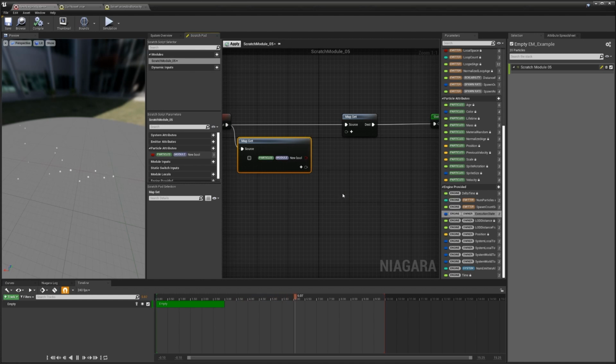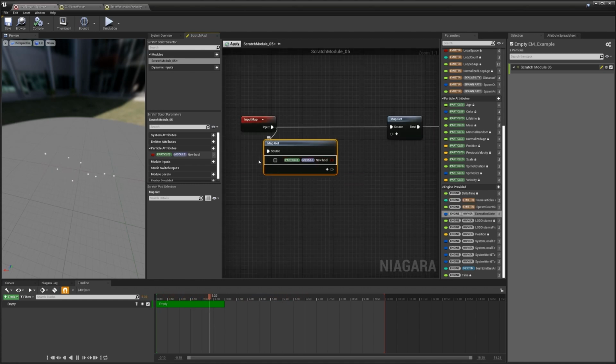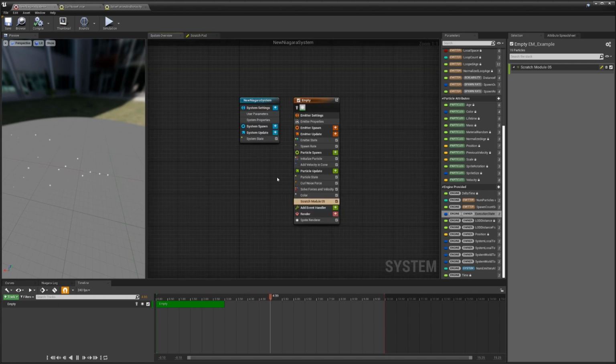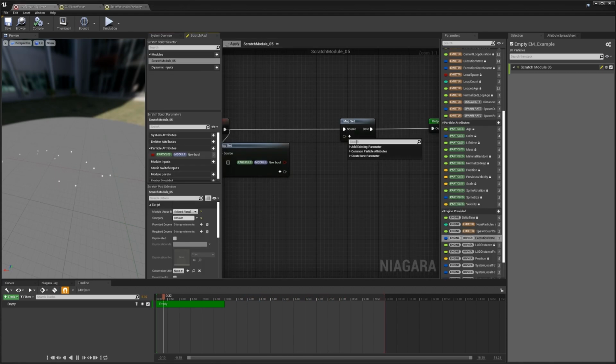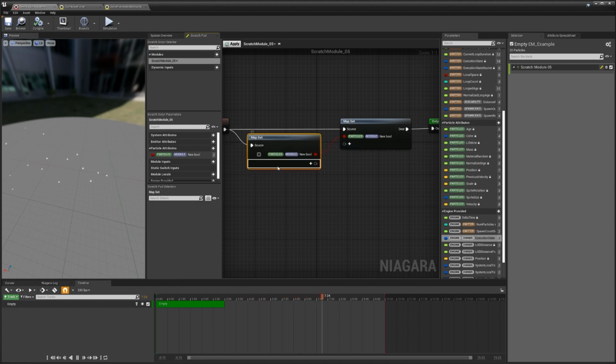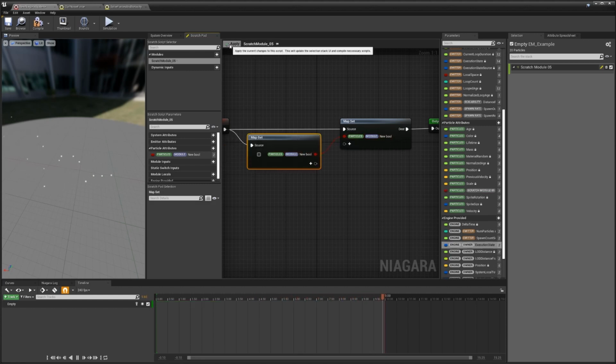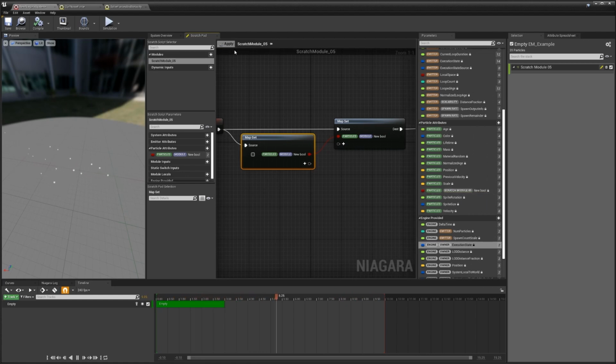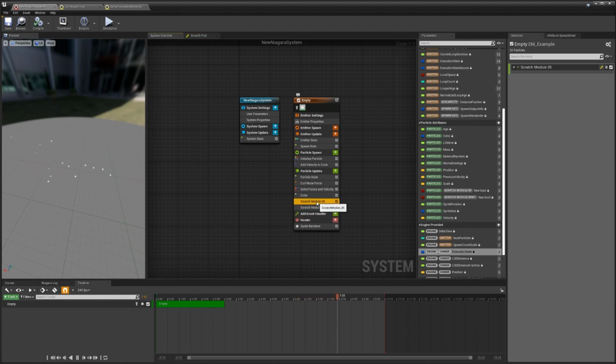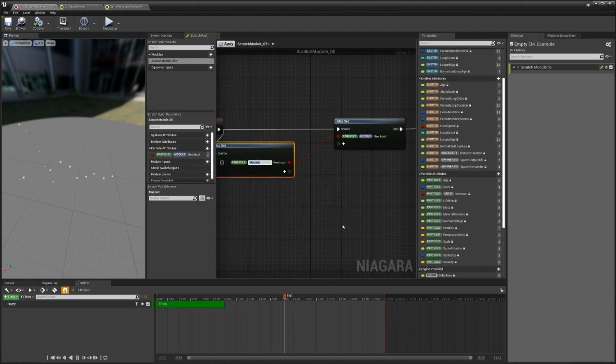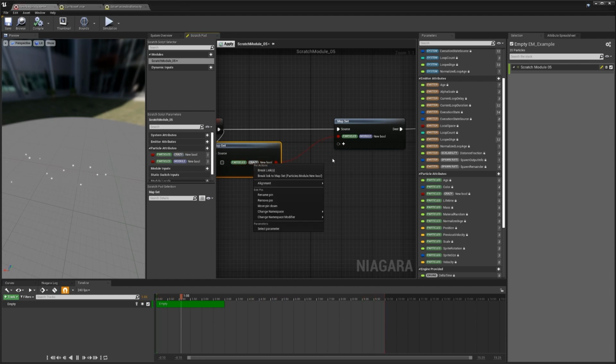We can also change it to module. The module namespace will make this particular variable unique, which means that if we want to add multiple versions of this module, it will create unique attributes per module. For example, if I just do an arbitrary set of getting this variable and setting it, you'll see that this variable is created here, but it's listed as Scratch module 5. If I copy and paste this module, we now have two versions of this Boolean rather than just the one. Lastly, we have custom, which allows us to name our own namespace modifier.